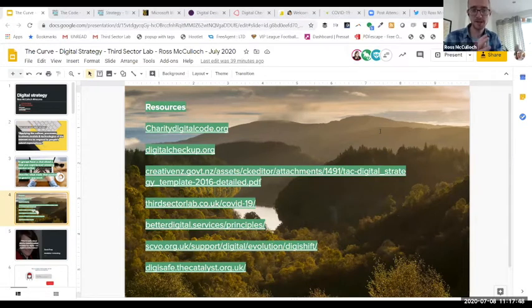We're going to do a really simple exercise later on looking at how you can develop a 1 or 2 sentence digital mission statement so that everyone is clear about what digital is and where it fits in your organization. But don't get too obsessed about writing a big strategy. When we're talking about digital strategy, it is not a document. I just want you to keep that in mind when you're thinking about it.